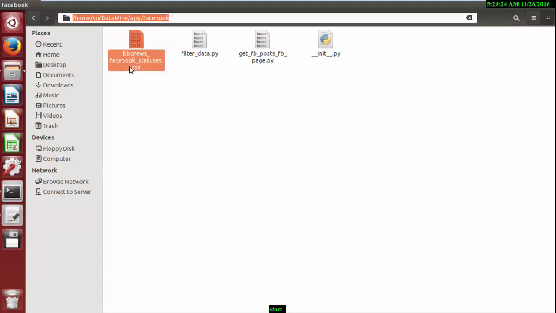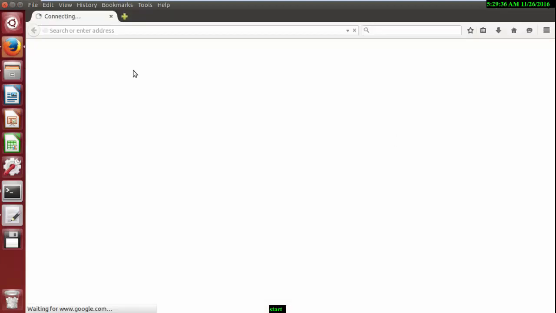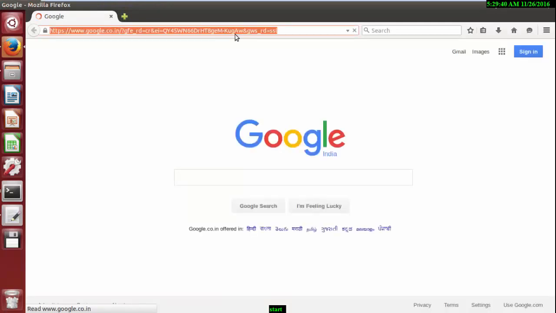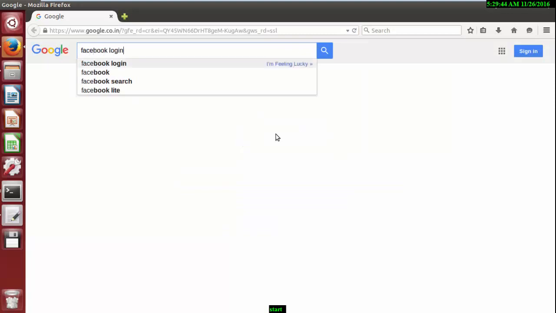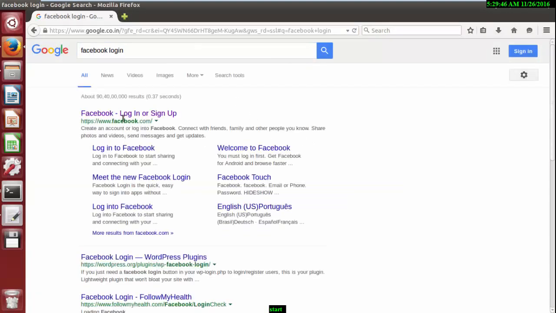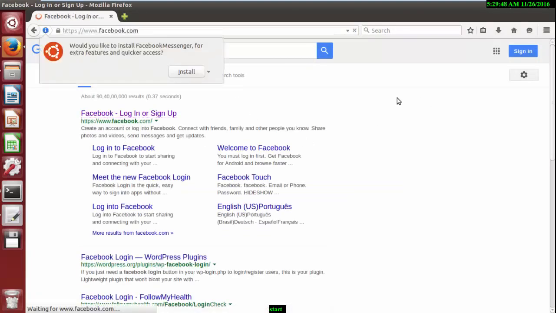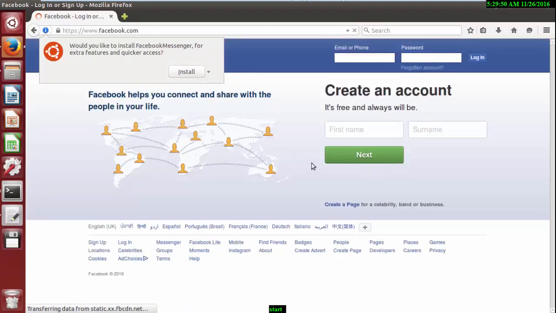Initially, I'll show you how you will create an account in Facebook and fetch the key and API address from there. I guess most people know about this, so I'm not going to tell you about the login part.